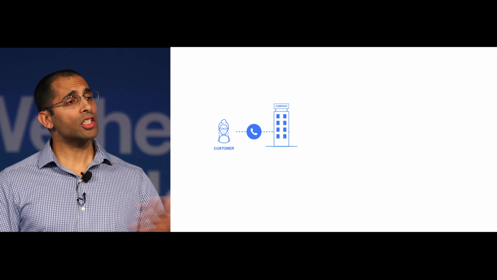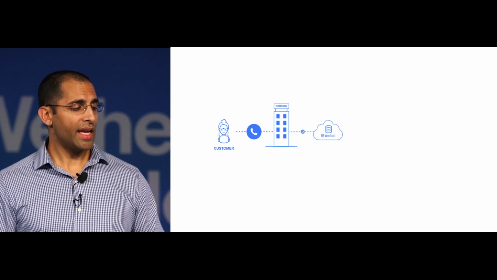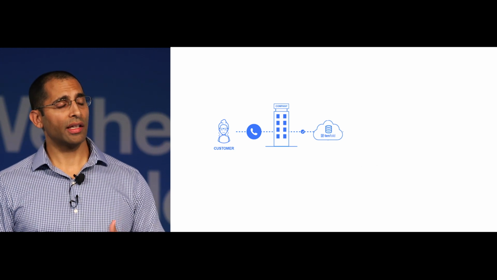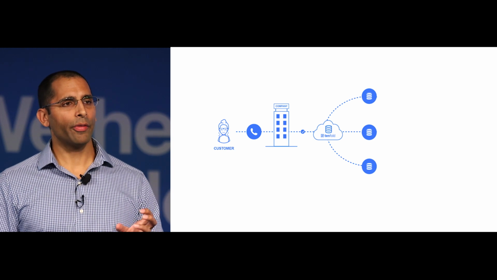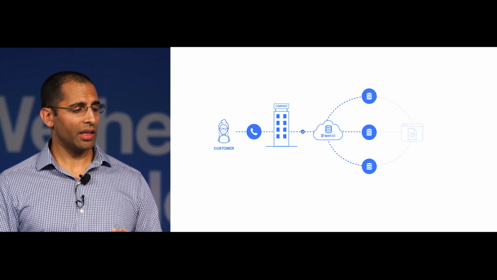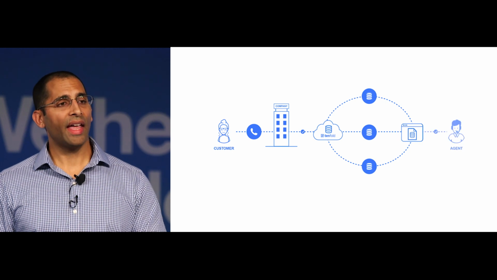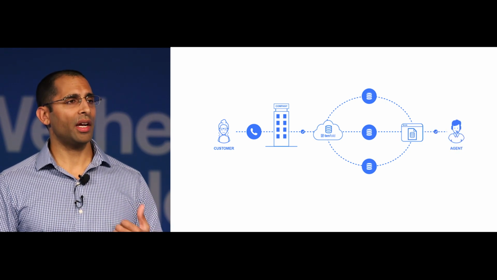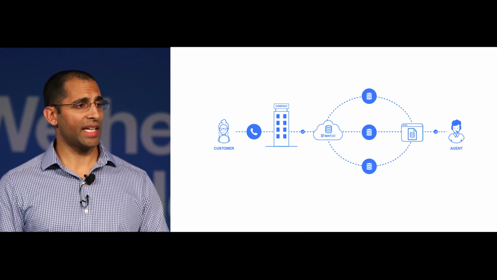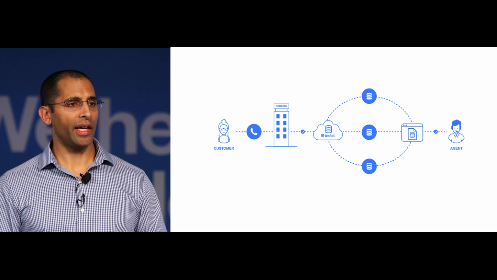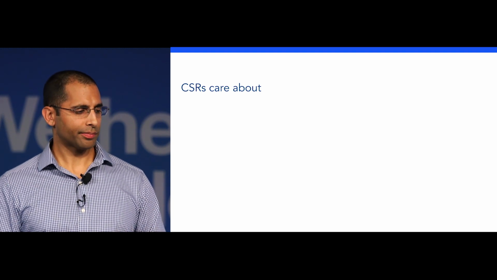There's a local company called Tenfold that I've advised a couple times that works on a product trying to solve this problem. They connect the customer. When the customer calls the call center, they link into Tenfold's product. And then Tenfold will connect to all of the customer databases. They'll take the information in all the databases, gather it really quickly into a single view, and put that in front of the customer service agent so that when they pick up the phone, they say, hi, Mr. Gangatirkar, I see that your flight to Charlotte was canceled. Do you want me to put you on a different flight? That is so much better.